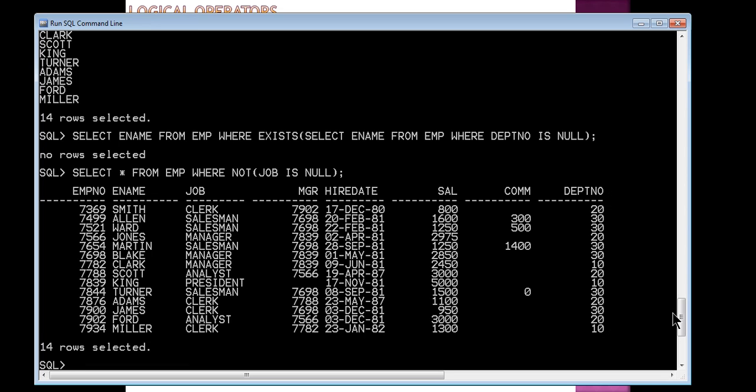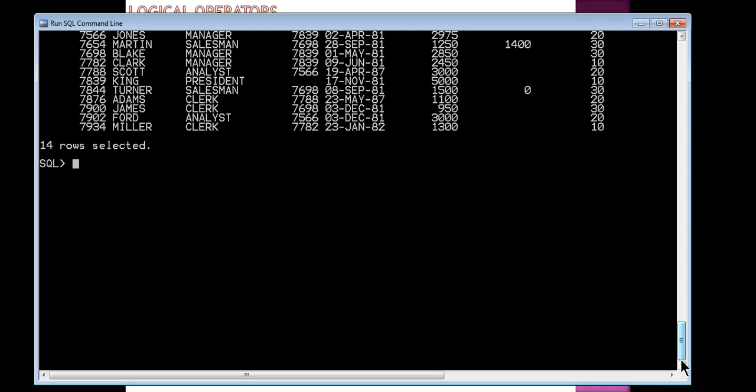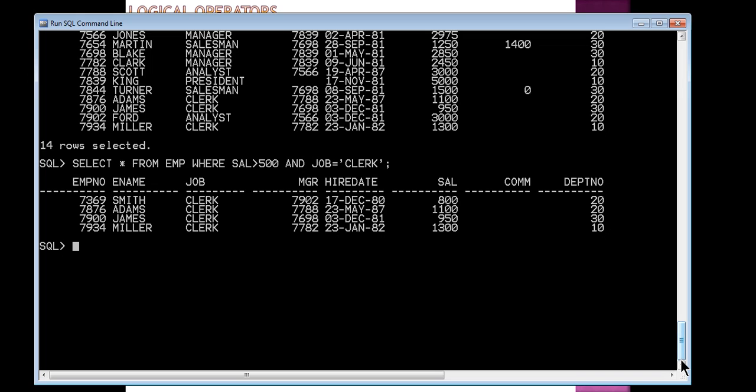Similarly, if you have multiple conditions, suppose I write select asterisk from EMP where salary greater than 500 and job equals clerk. The two conditions are added here.